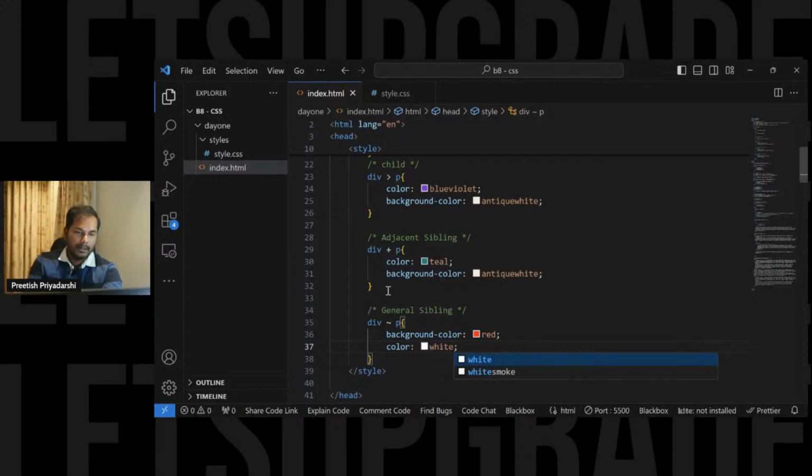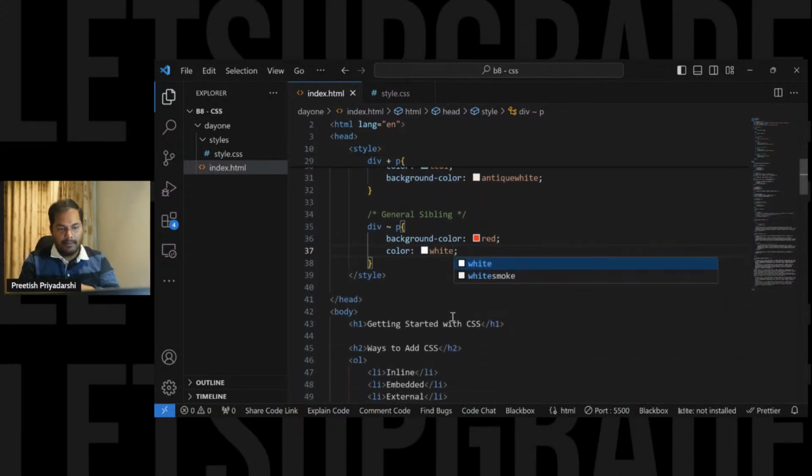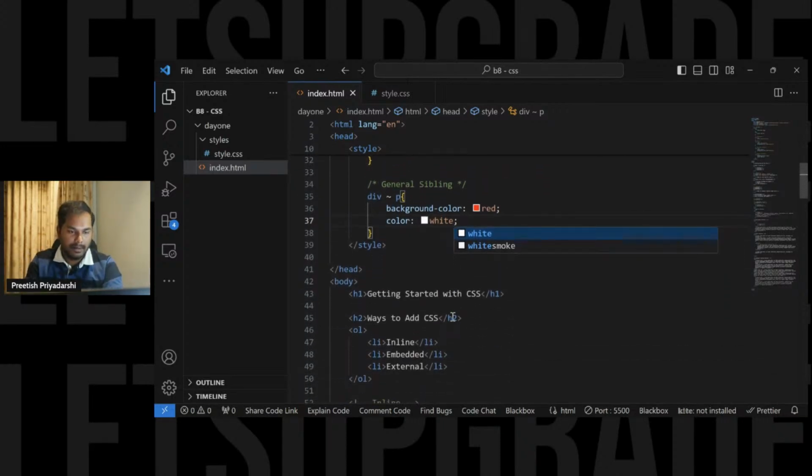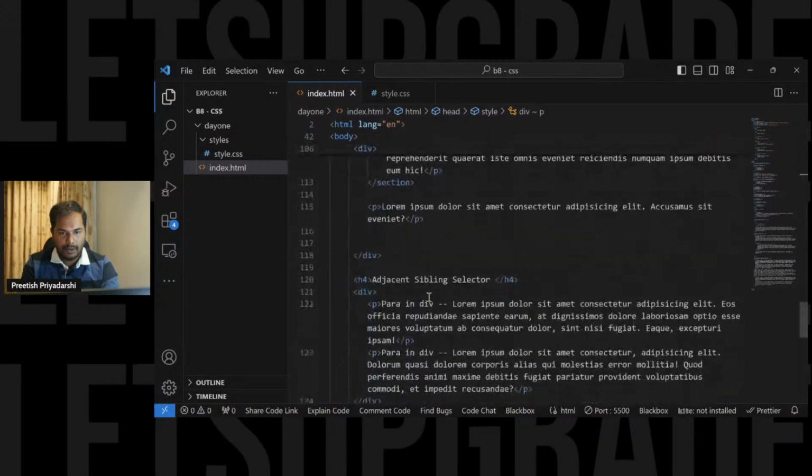All right. So the general sibling here I'm saying is, let's see which paragraphs are the general siblings of the div. Okay, siblings means they are in the same level. Everything, all these are in the same level. So just to give you a demonstration, what I can do is,